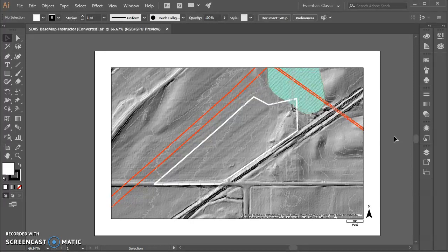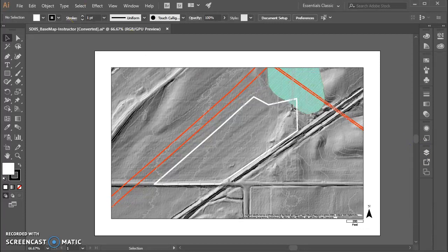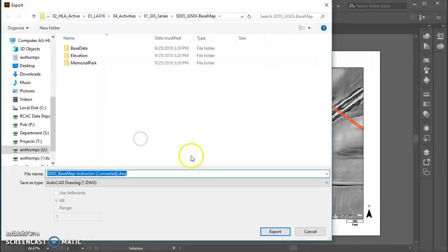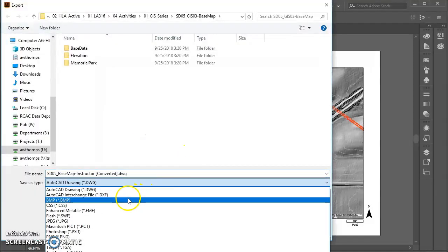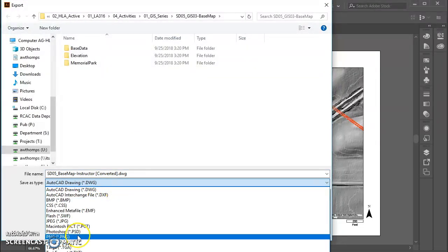But I want you to create a high quality base map of our site using whichever layers of information you want in Photoshop, right? That's where we're going with all of this. But before we get there, what I'm going to show you is that I often come into Adobe Illustrator first. The reason is that Illustrator allows me to go to export, and I can do an export as, and here I can actually go straight into a PSD